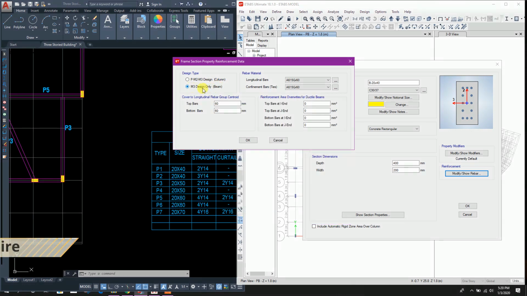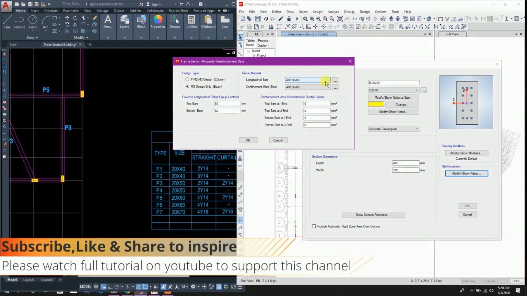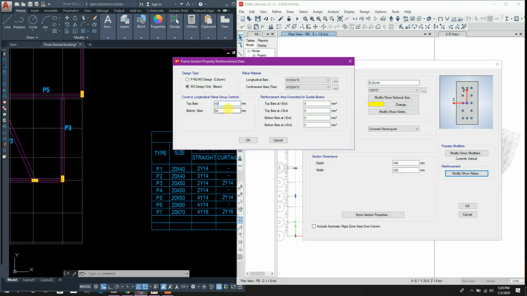This will be beam. These longitudinal bars will be 415 MPa. We will provide 40 mm, 40 mm,